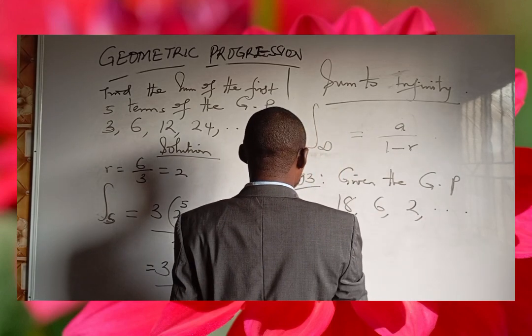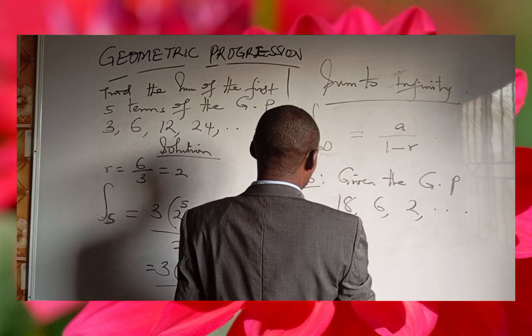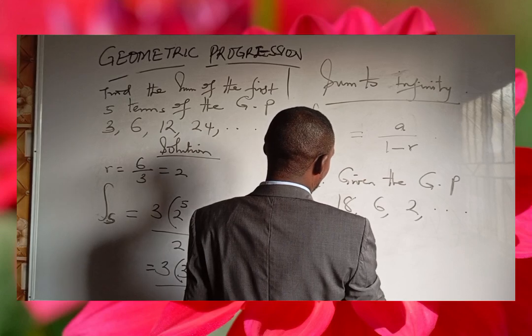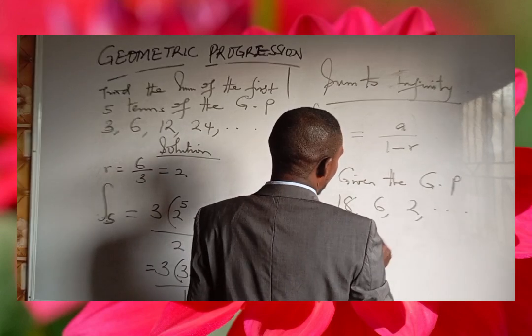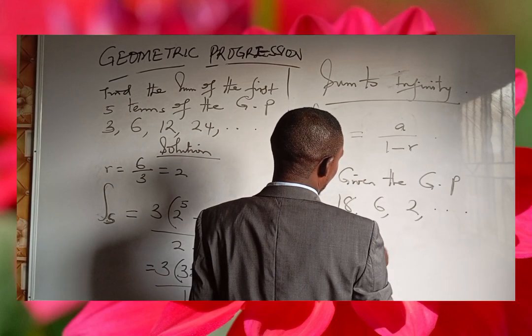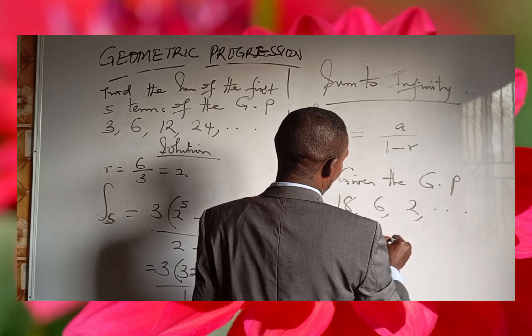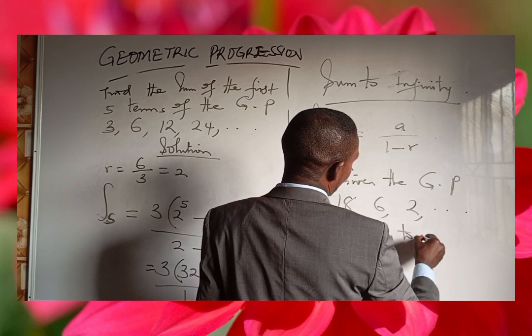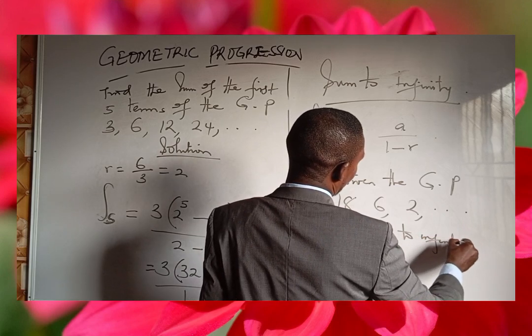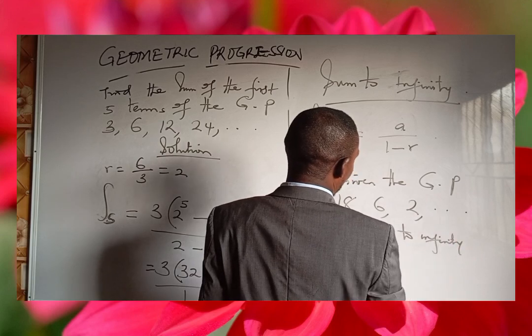Now the question says find (I) the sum to infinity of the GP,